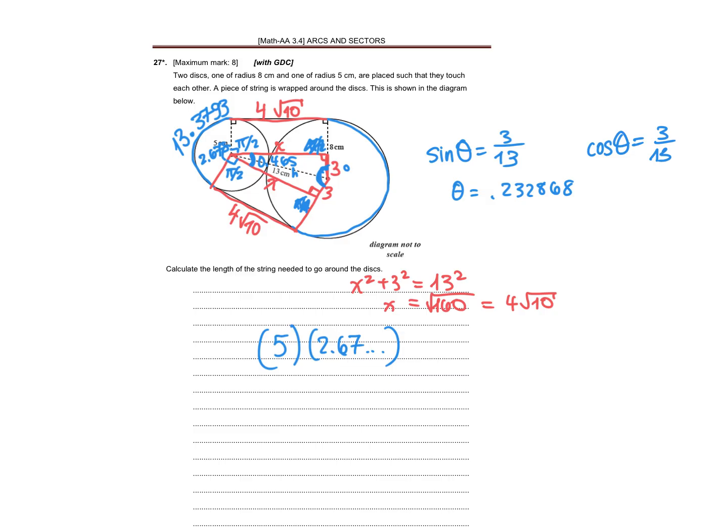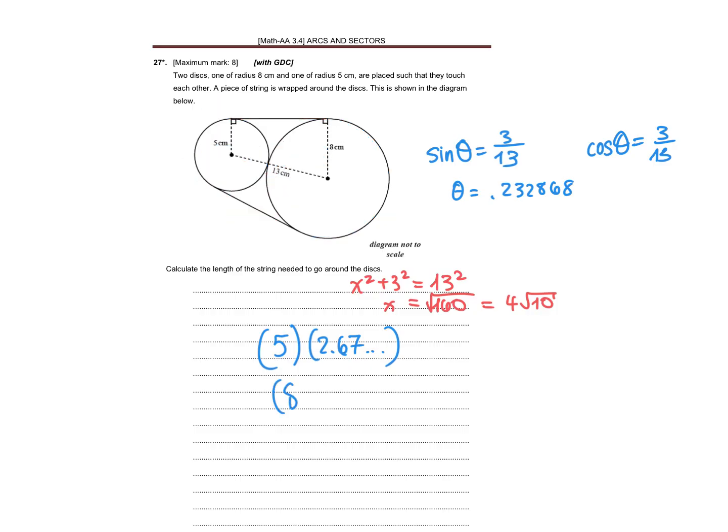So we can do 2 pi minus that to get this whole thing, which is 3.60... So that length of the arc is 8 times 3.60... And that is